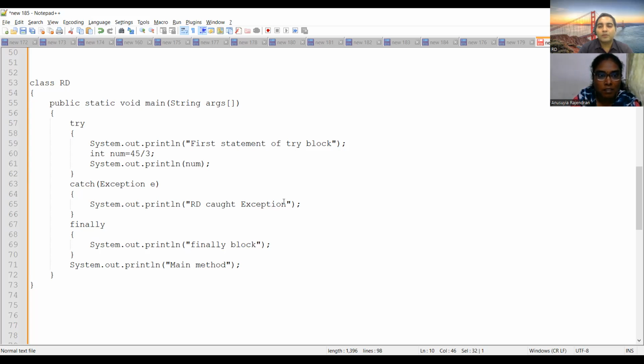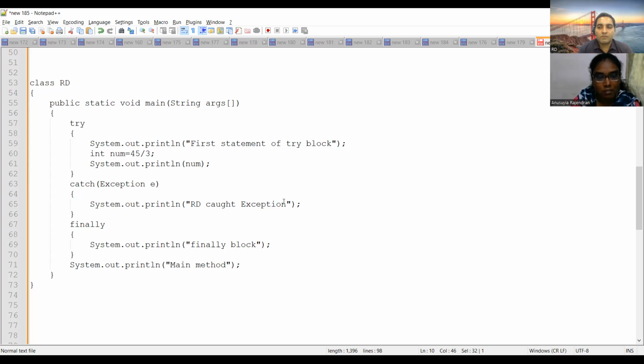Okay, so you mean two statements will be getting printed. The first one will be under the try block, the first statement of the try block, and the value of the variable will get printed. Then it enters the finally block, and after that, I guess the main method statement will get printed.